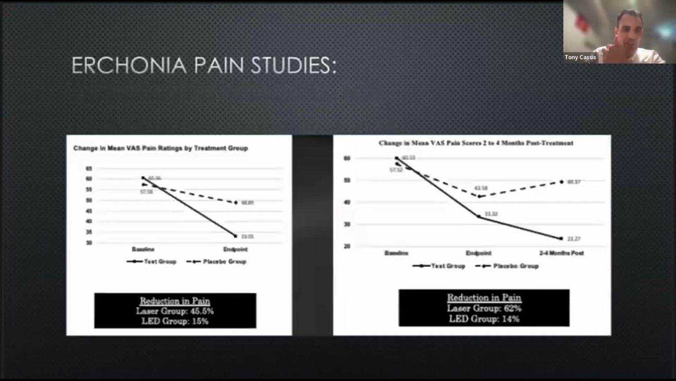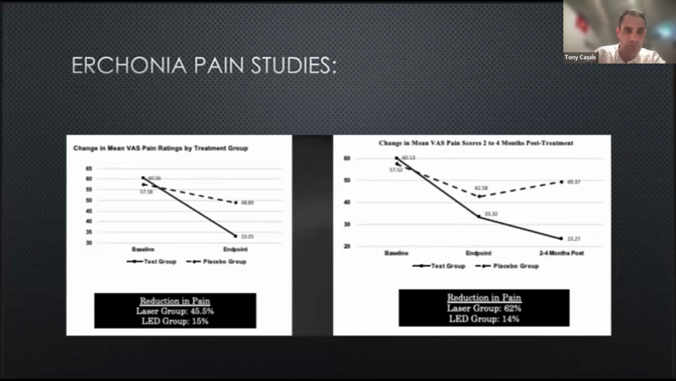Again, these are some of the studies, looking at all of Erchonia's combined pain studies. The placebo device they used in their clinical trials was actually an LED light. LED light does have a therapeutic effect, just not as much, because LED light scatters. Laser light is tightly collimated and coherent, so you get a lot less loss of energy due to scatter. So even the placebo has a degree of effect, but the laser group had